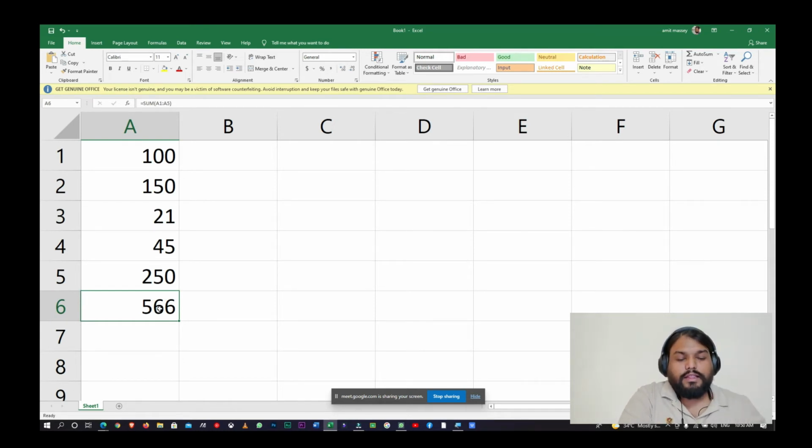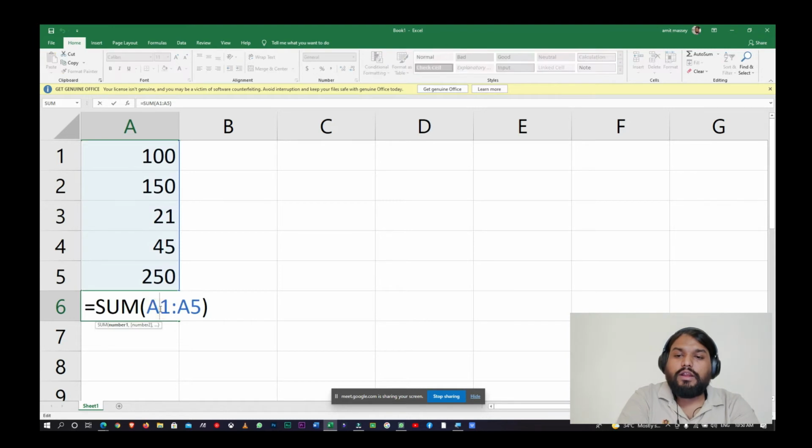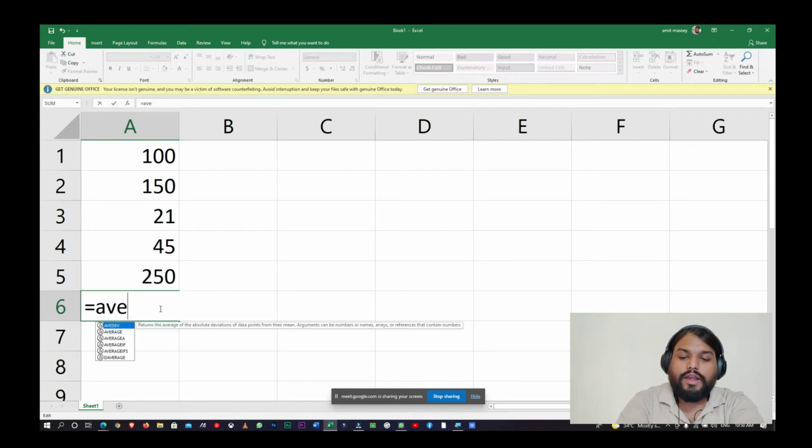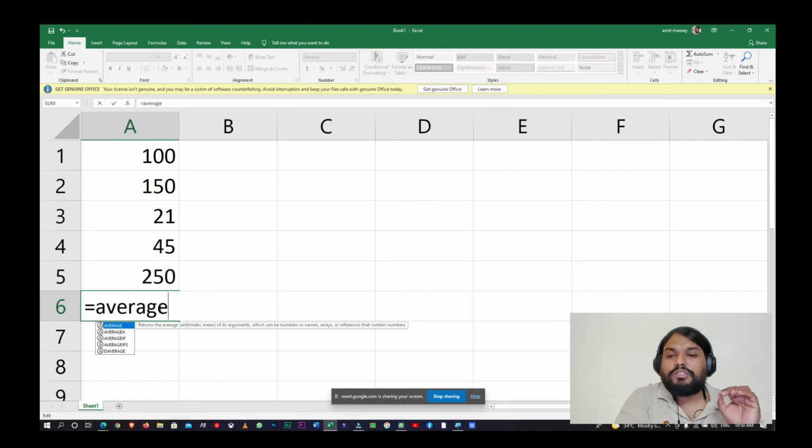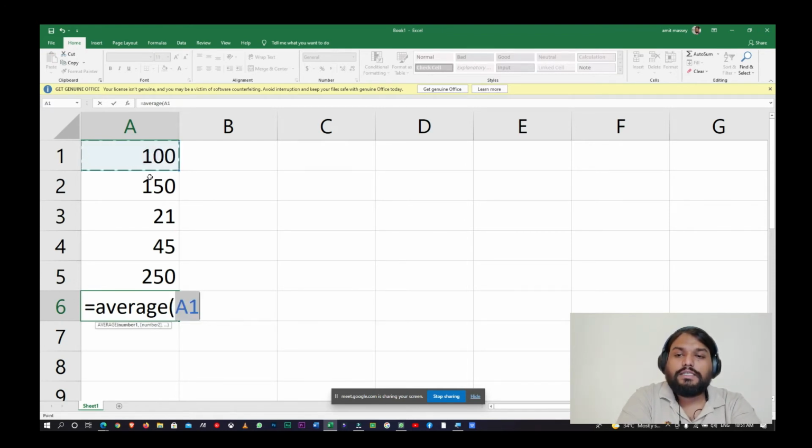In the same way you can calculate your average. How? Equal to sign, then you have to type average. See that your spelling is correct. In the same way, parenthesis open, first cell, your last cell, and then parenthesis closed.